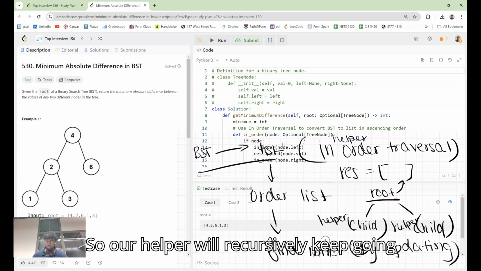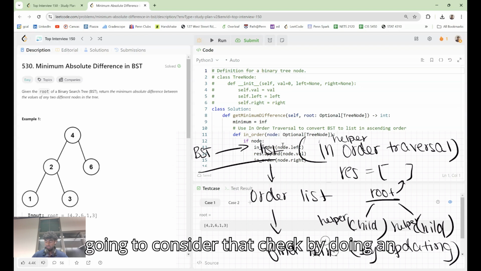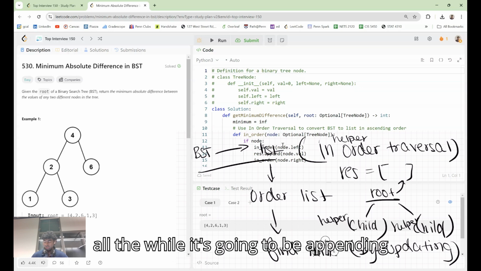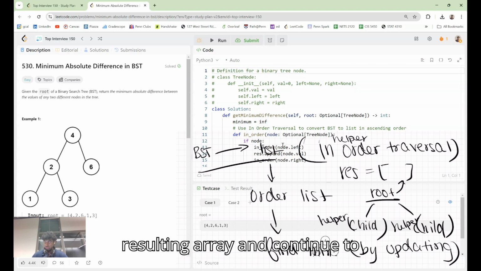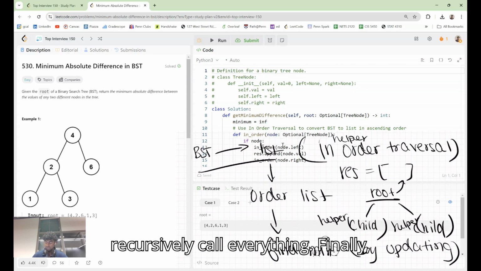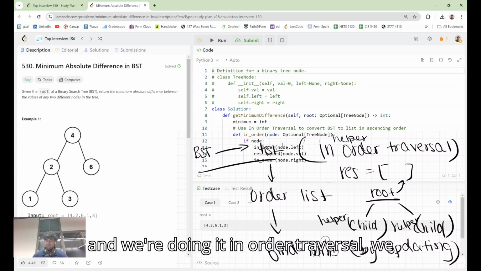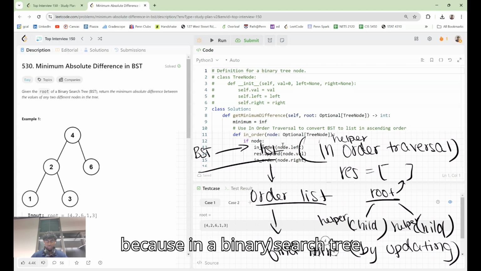So our helper will recursively keep going down until it's a leaf node, and we're going to consider that check by doing an if node check. And all the while, it's going to be appending that specific value of that node to our resulting array and continue to recursively call everything. Finally, in fact, since this is a binary search tree and we're doing an in-order traversal, we are going to end up with an ordered list because in a binary search tree, everything is in order,